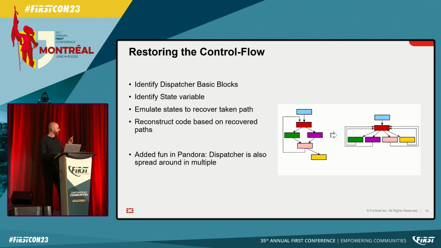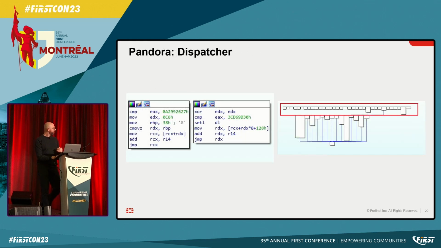Yeah, just a few examples for this in Pandora. So when we talk about finding the original basic blocks, or no, the dispatcher, I'm talking about the dispatcher here. The dispatcher is all the basic blocks on the top, because once you debug it a little bit, you see it quickly. Those are the ones that don't do anything else. Just look at the state and decide where to continue. So if you look at the assembly, there is some kind of compare. There is some kind of conditional move that's going to move the address of the next basic block to the register that's going to be used in the jump.